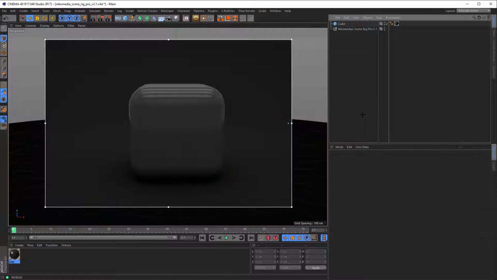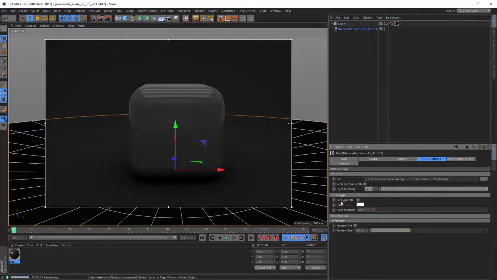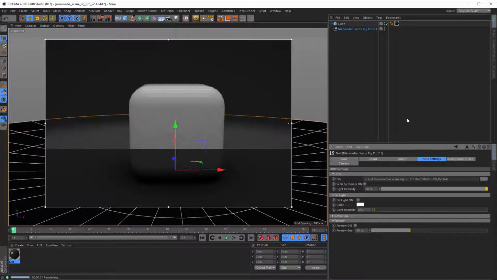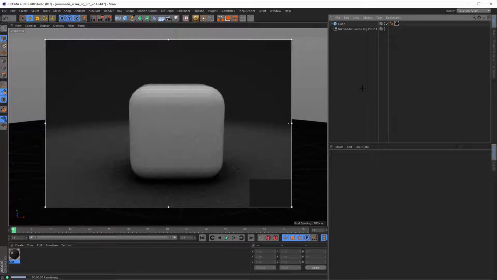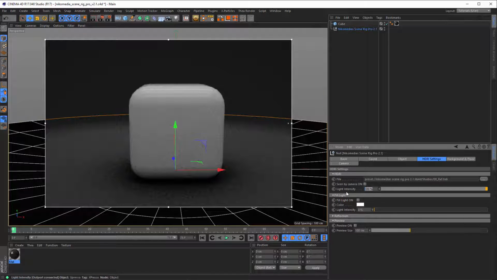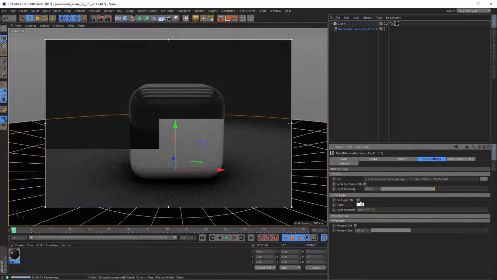But when you do it too far, if you want it brighter, let's say to 500, now you see that the floor gets too bright, but you still have no hard edges anymore. Everything is smooth. And for this reason, I did the fill light. With the fill light turned on,